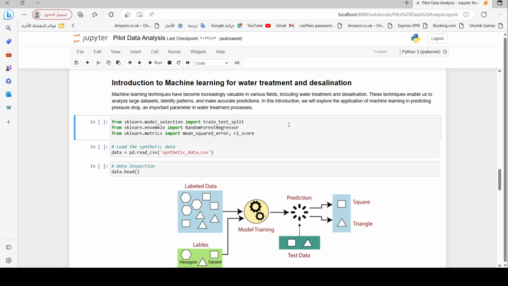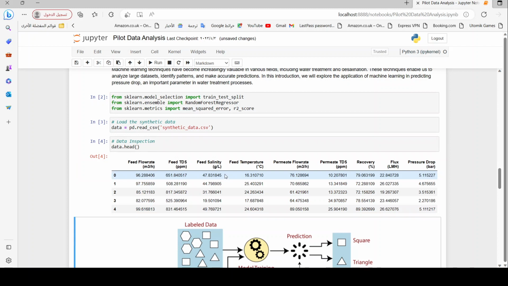So let's get started by importing the required libraries and modules. Then let's load our data and take a look at it. Suppose we have data from a pilot plant or filtration system from a water treatment or desalination application. As you can see, we have feed flow rate, feed TDS, feed salinity, and many other parameters, including pressure